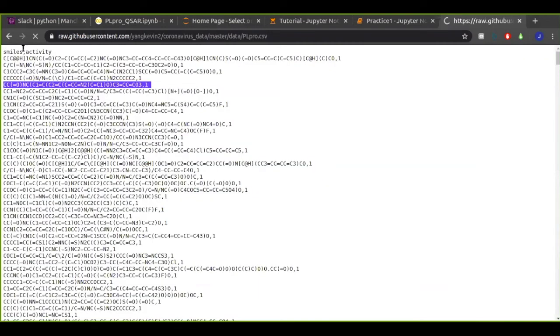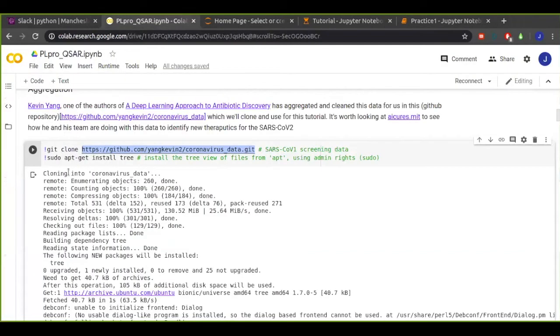We'll remember that CSV stands for comma separated values. And if you don't render it into a table, this is what it looks like. We have the column headers up here separated by commas. And then we have smiles and the numbers at the end. I'm going to close that down.